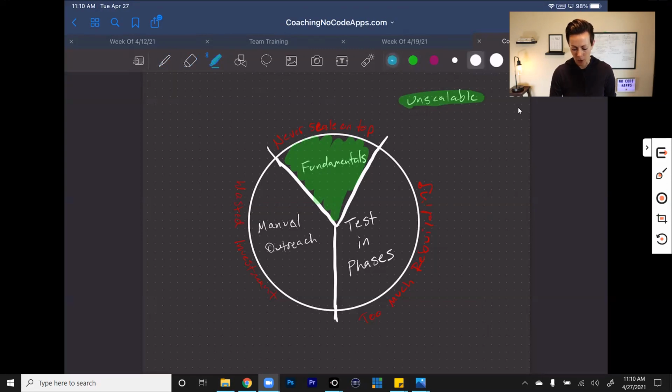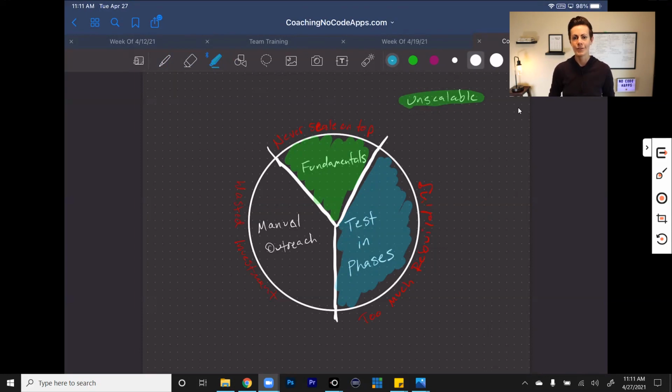Okay, now when you test in phases, right? This is something that is so integral to a solid development plan. I've seen people time and time again trying to launch way too much all at once because they think that's what's going to help them scale. And usually what happens is, like I said here, too much rebuilding their entire app, right? Burnout, okay? A ton of stress.